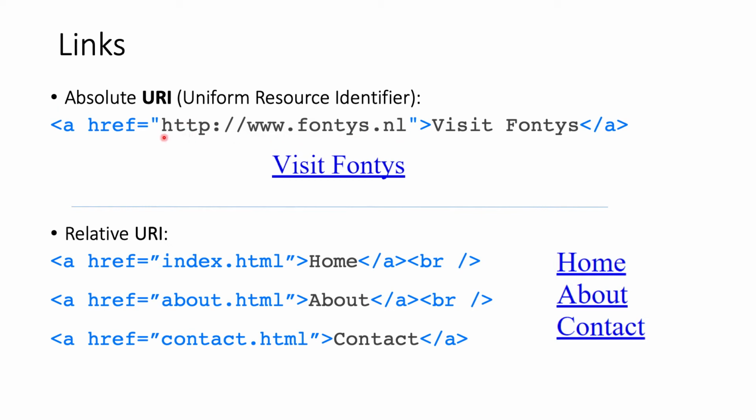Whenever you start your anchor like this, given the full domain, then you are talking about an absolute URI. That's not the only way of referring to URIs. There is also a relative way, and that comes in handy whenever you are referring to different pages of your same project, because the whole project normally gets hosted in one server, right? And you don't need to put the whole absolute URI again and again, duplicating it. The only thing you have to do is just refer to the name of the page, and because